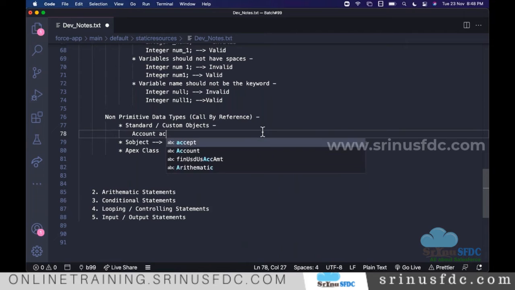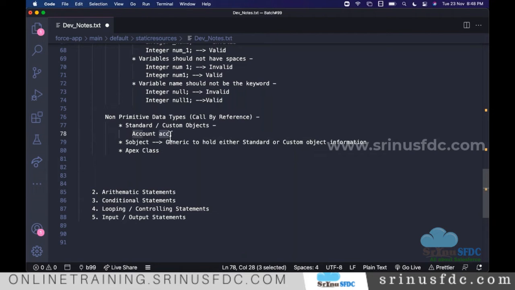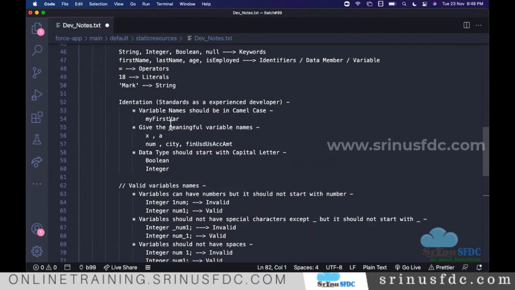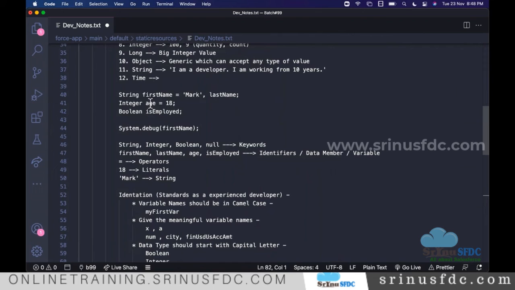So what we do is create an instance. This is the syntax: data type and the variable name. But when you deal with a non-primitive data type, the system cannot directly allocate the memory. For the primitive data types, if you say integer and mention something, the system will allocate the memory and you can directly store the value.